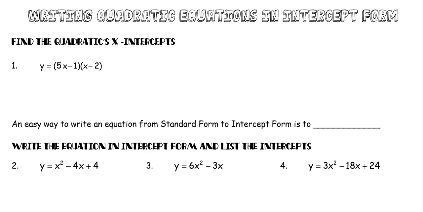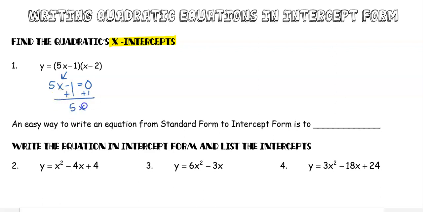Hello, today's video is going to be on how to write your quadratic equation in intercept form. Now, intercept form, if you remember, shows you the x-intercepts in your graph. And so, given our intercept form, we want to find out what those intercepts are. To do that, we take each of our individual factors, we set them equal to 0, and we solve. So we add this 1 over, 5x equals 1, we divide by 5, so we get